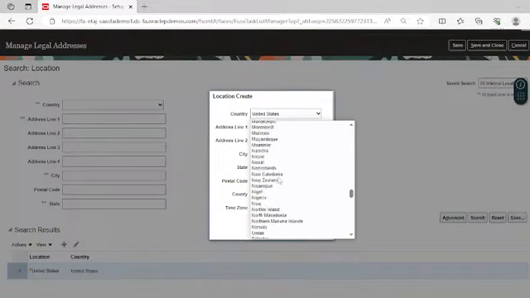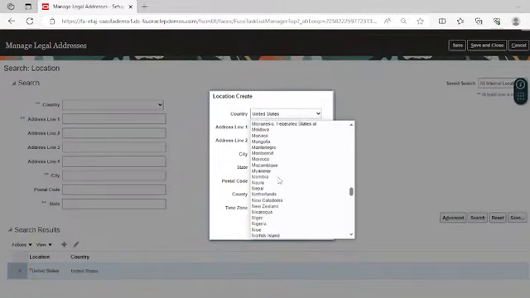So we are creating the legal address for the head office of the Aeronet Group, which is situated in the Bhopal city of Madhya Pradesh.